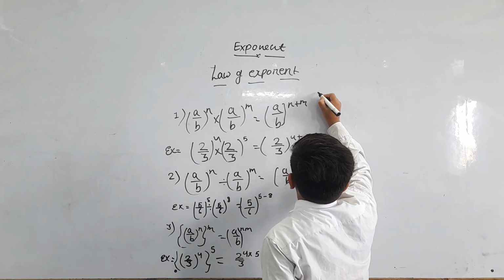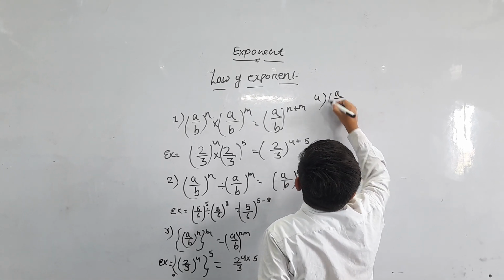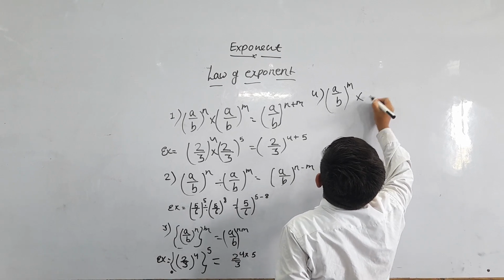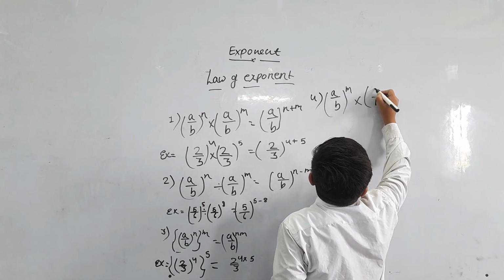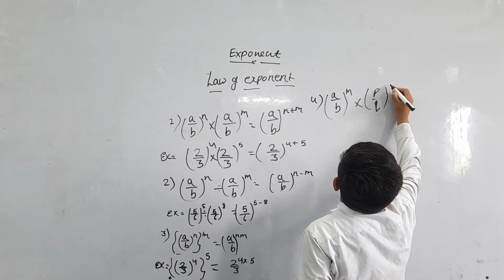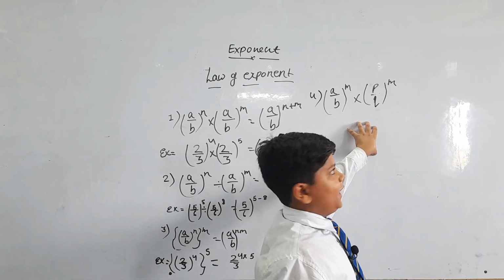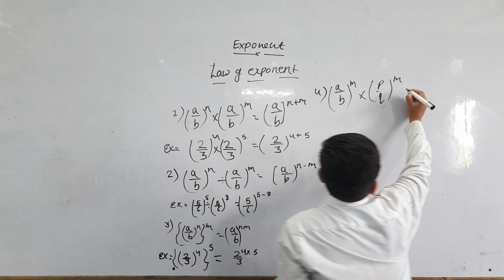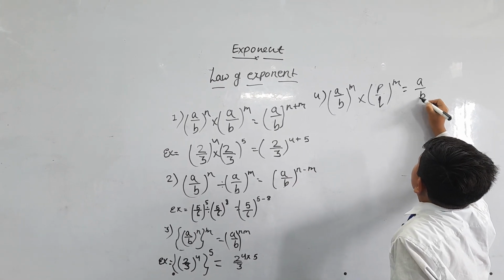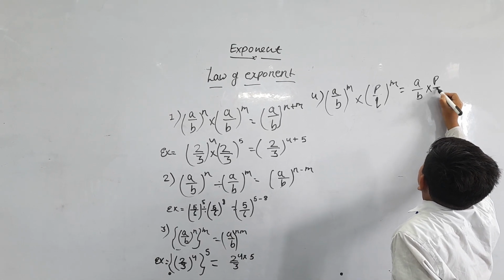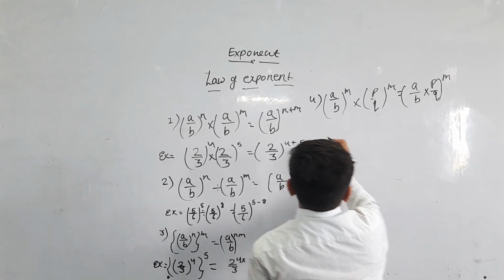And the fourth rule of exponents: when any number has the sign multiply and the base is different but the power is the same, we multiply the bases and the power is common. For example,